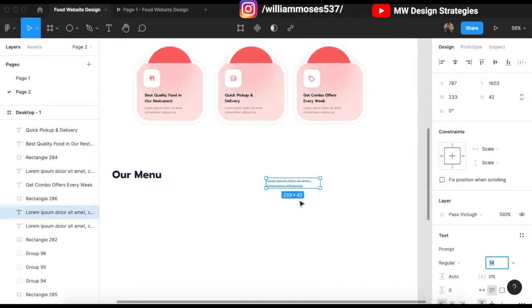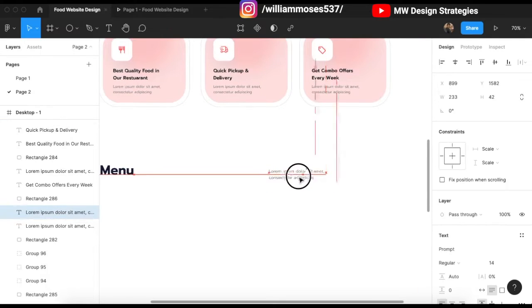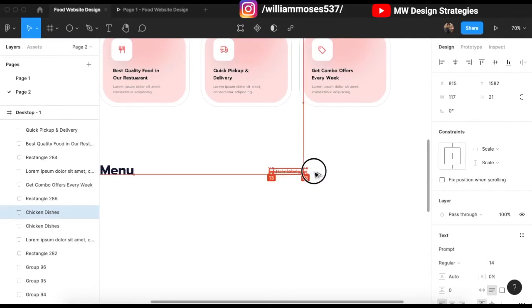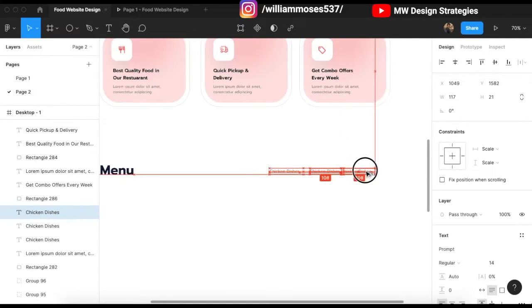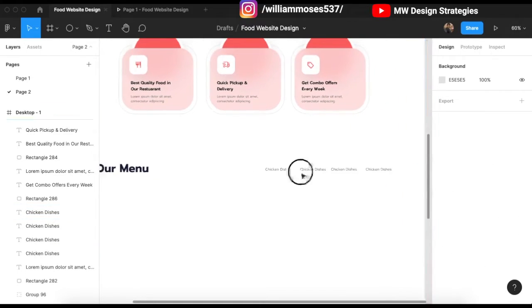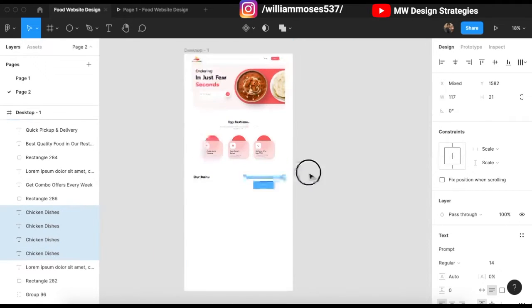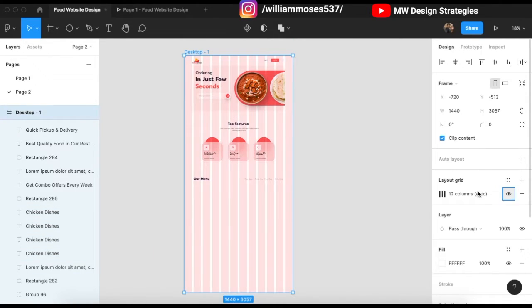So right here, chicken dishes, and many more dishes in your restaurant. Adjust it accordingly as per the layout grid. Okay,